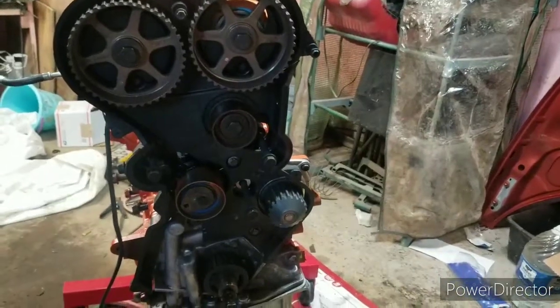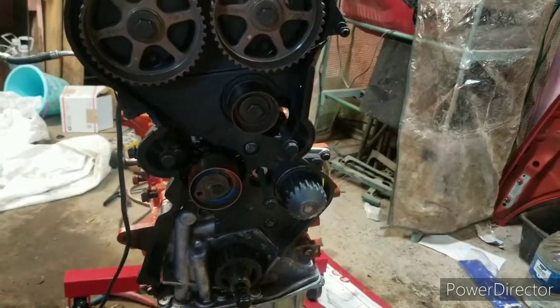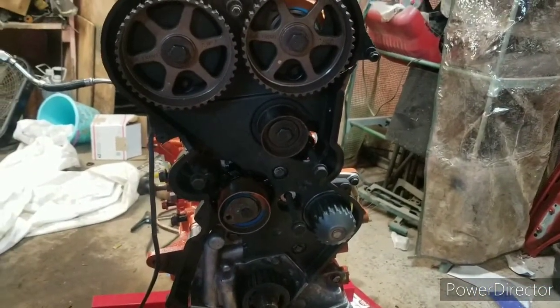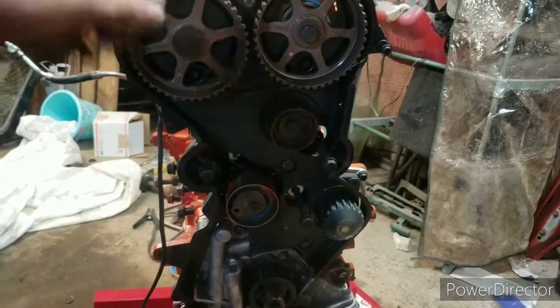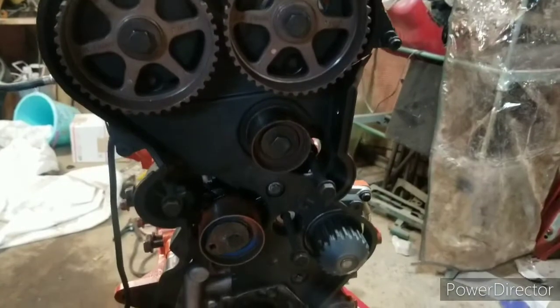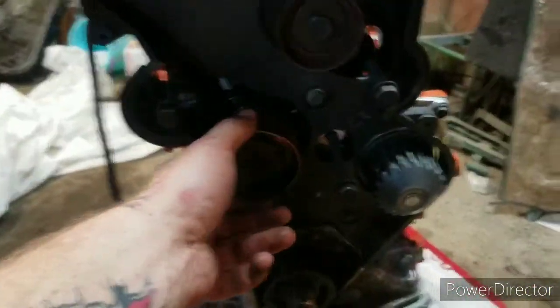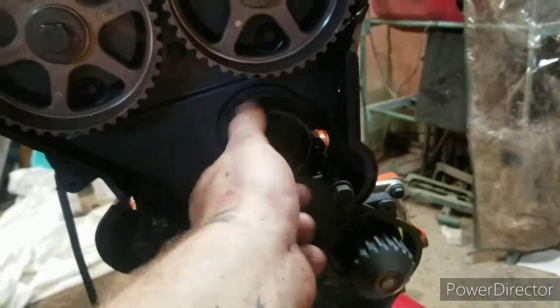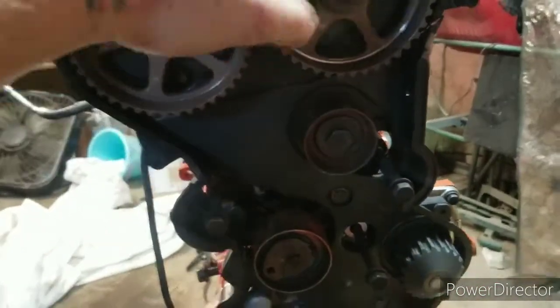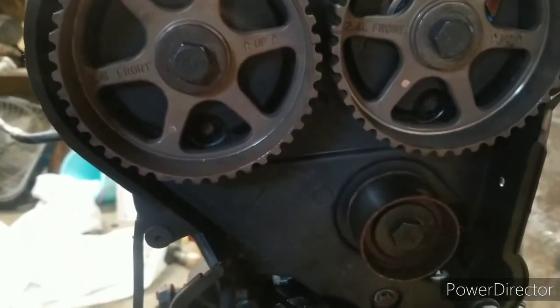Okay, so I took some time and I got the inside covers all nice and cleaned up. They're wiped out. Soaked them in degreaser, took my fine brush and gave them a good scrubbing, and washed them off with water. And then I just laid them out to dry. I got the tensioner put back in. I got the idler pulley back in. I got the 2 exhaust cams. So now we're going to get ready to install the